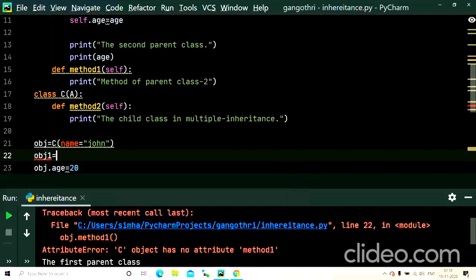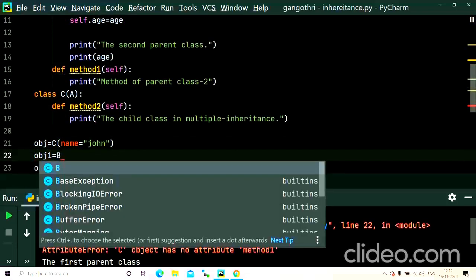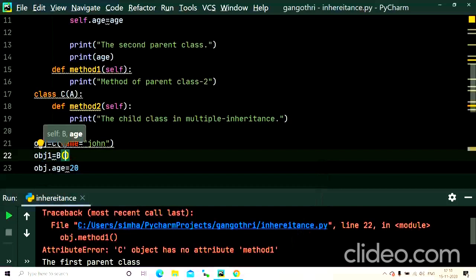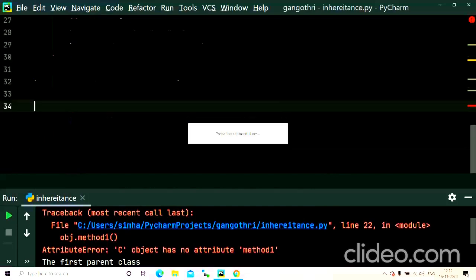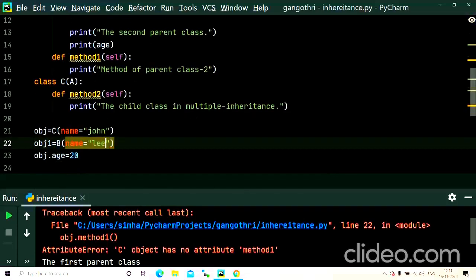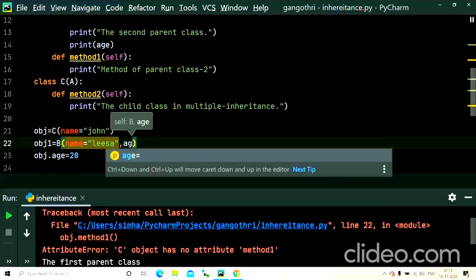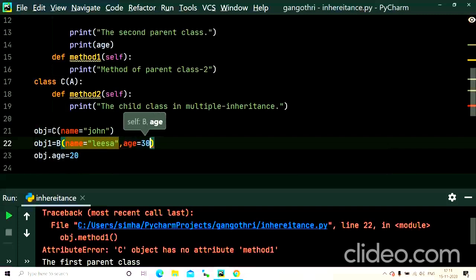Let's say object 1 is equal to class B, and now we can take two parameters, name, let's say Lisa, and we can also have the parameter age equal to, let's say, 10. Okay, now let us run the program.